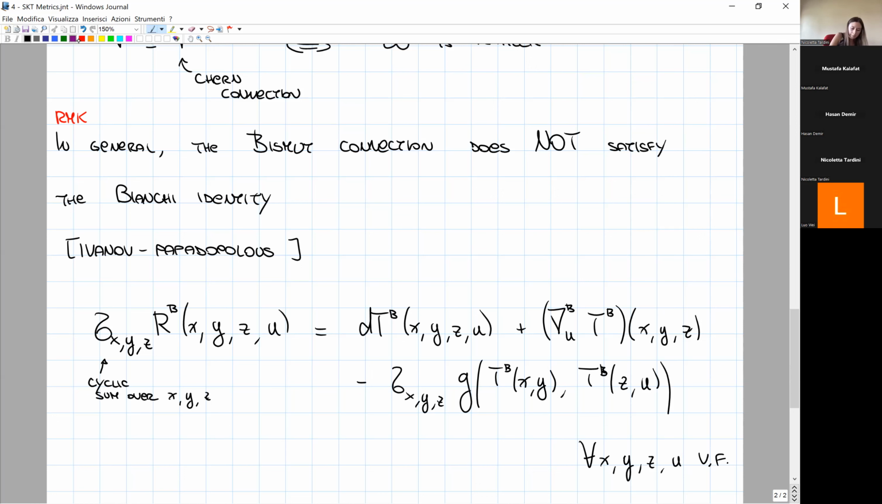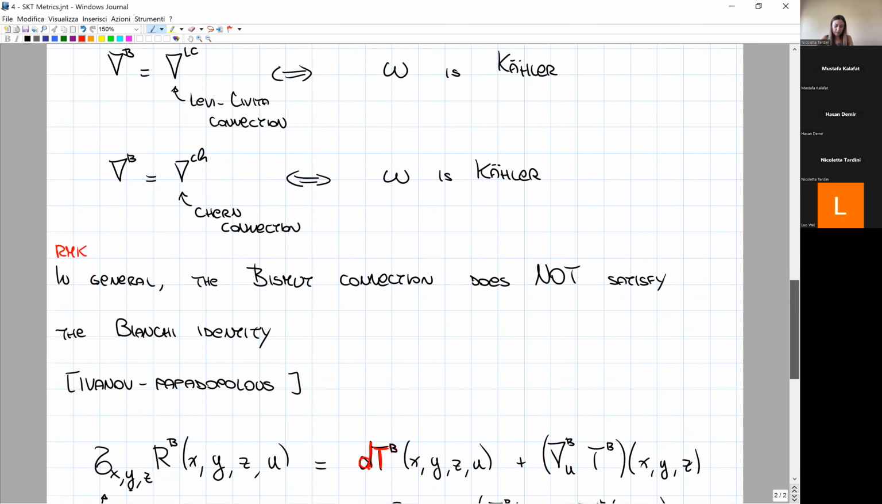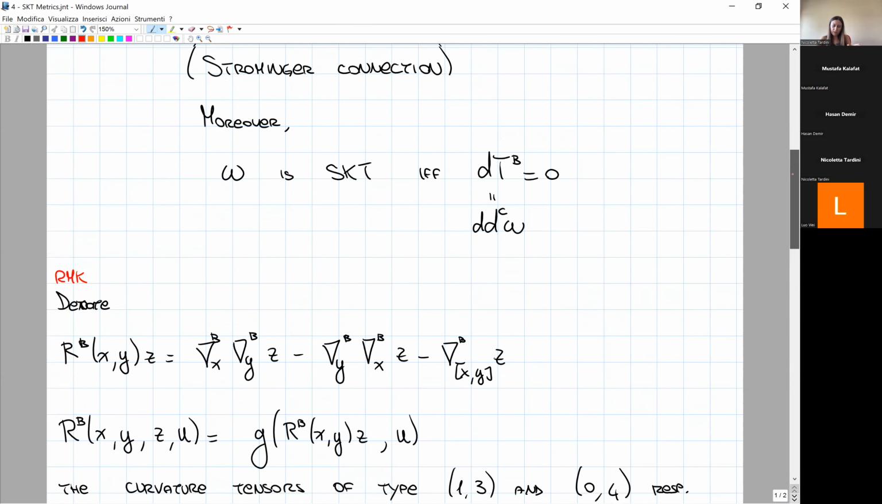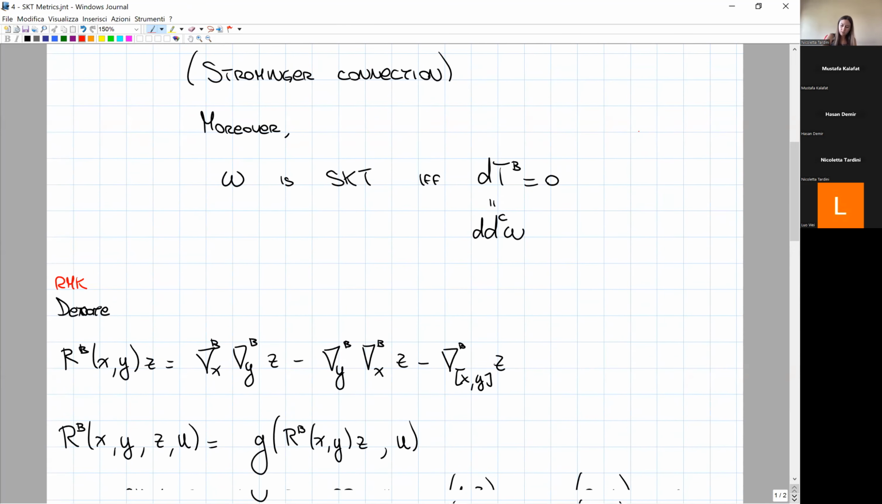So you see, first of all, we don't have the Bianchi identity. Moreover, you can see that the Bianchi identity is related to the differential of the torsion. And here, just let me point out that the differential of the torsion here,